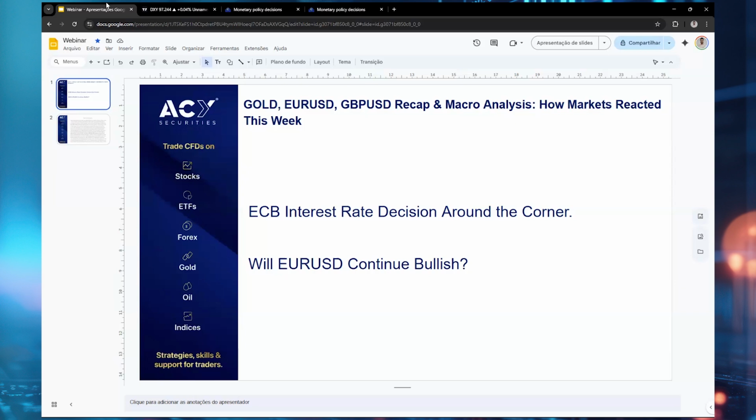And from there, will we get euro dollar bullish? Most likely, yes. Unless we have a surprise to the downside on the ECB interest rates decision, then we most likely will have a very bearish euro. But for now, I'm still bullish on euro, still bearish on US dollar. So longing euro against the US dollar, longing euro against the Canadian dollar and the CHF, Swiss franc, is always a good option in my opinion.